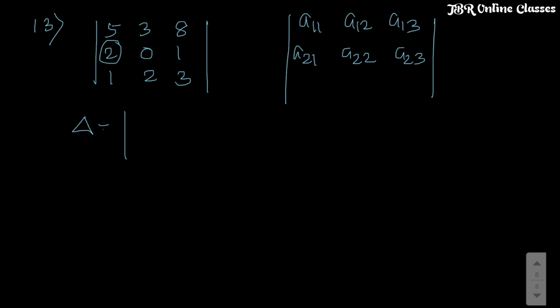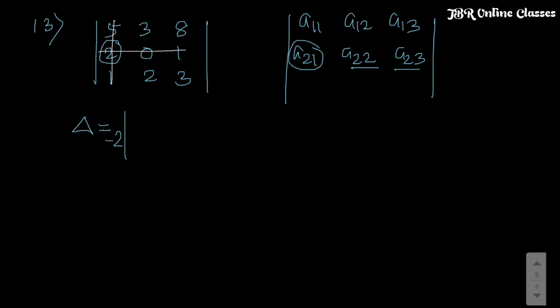Now as I told you, for a 2 1, 2 plus 1 is an odd number, and for an odd number there will be a negative, always remember that. For the second one, 2 2, it's an even number, so it will be positive, and for the third one, 2 plus 3 is 5, again an odd number, so it will be negative. So for the first one, it will be negative, and as 8 will be here, it will be minus 8, write down here. Then this portion will be cancelled out, this row and this column.